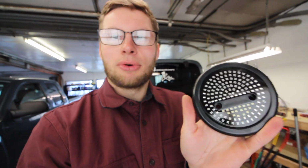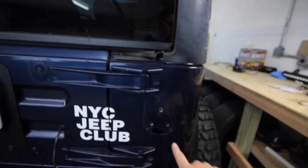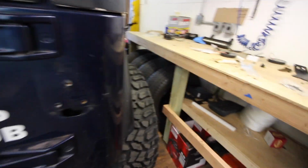I want to try and get these bad boys on today. If I can't do that, then at least we'll be closer to it and I'll know more of what I need to do. The supplied Allen bolts do not just thread into the factory holes, and what I'm doing about that